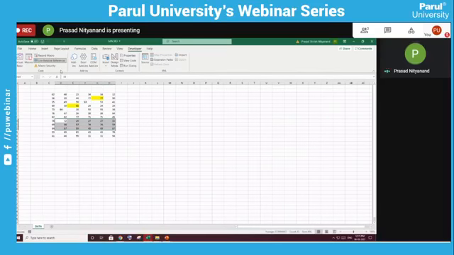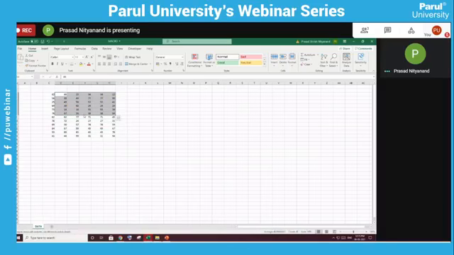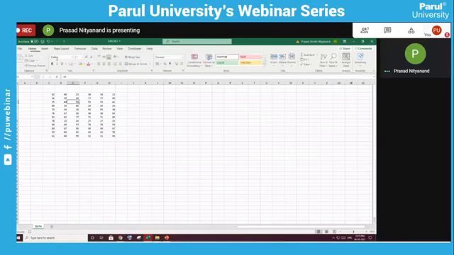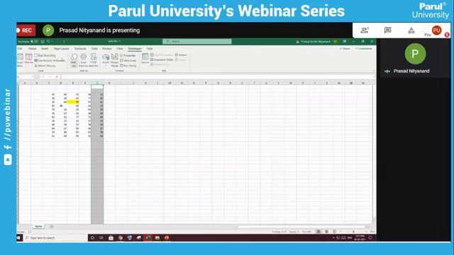What if we do this in absolute referencing? I have selected this 49. I have used absolute referencing. Now I will record a macro 3. This 49 I will turn to this. This will be bold and center, and I will delete this row. Then I will stop recording. Now I will turn it back to normal.